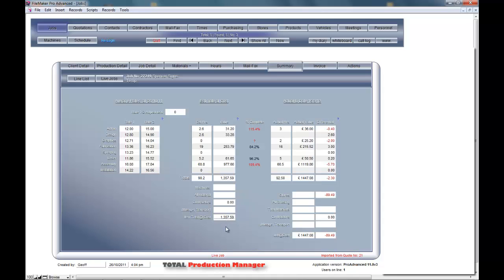We do have on later versions of this more detail. This can be set to automatically alert you if you wanted on a report every time a job runs over, and the importance of that is, let's say for example it's in the admin and the design stage, or it may be at the laser stage early on in the job that it's running over, and we can set those alerts so that even when the job's running through the shop floor,